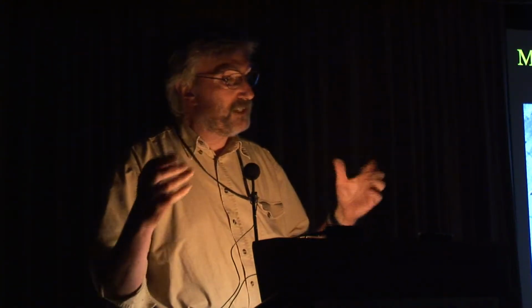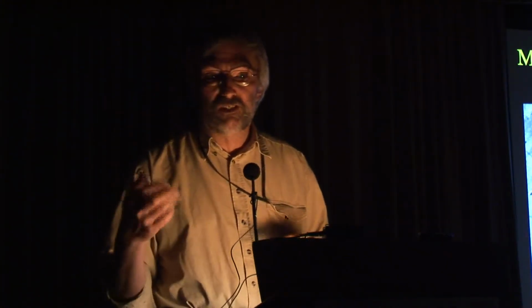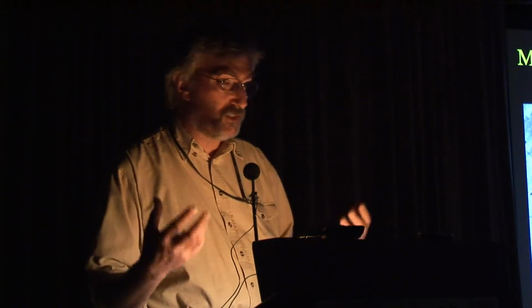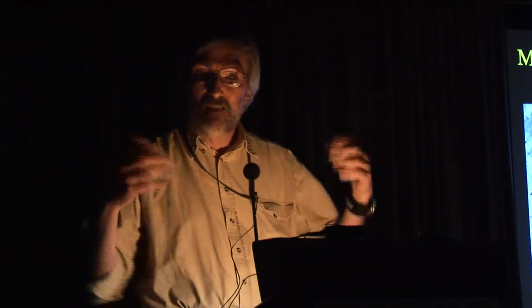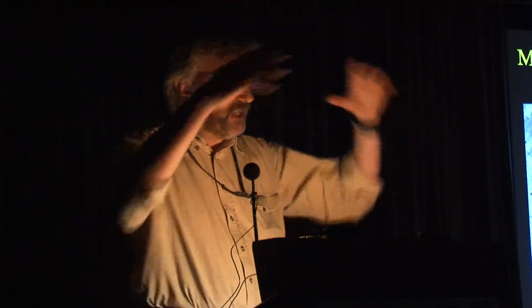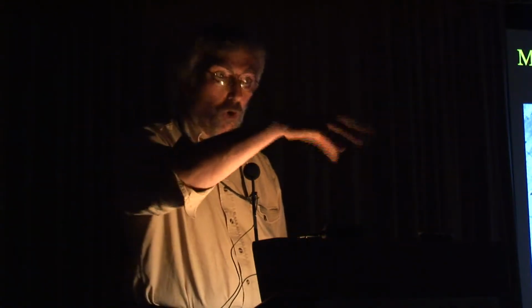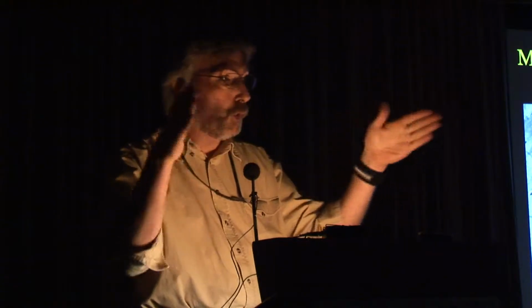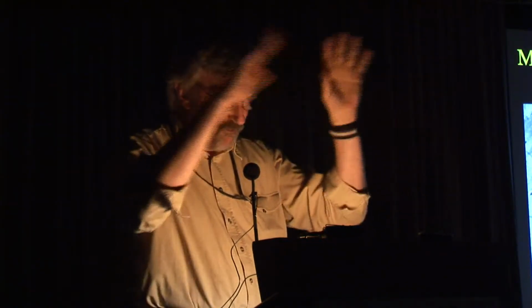And all of them essentially suggest, or at least two of the major ones suggest, that one way or the other, either due to a collision or early in the history of the Sun, because Mercury was in so close, the outer layers of Mercury were blown away. And so the outer layers were stripped off, the core remained, and the remaining non-core material forms the outer part